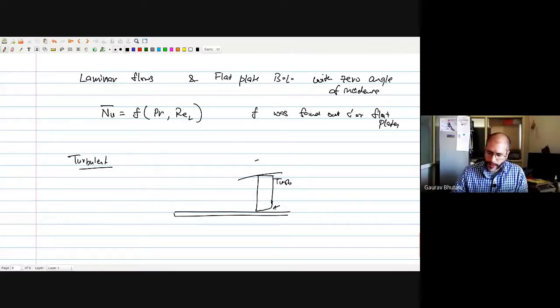What we see is that because of all that mixing, we get very sharp gradients here, both in velocity and in temperature. So the rate of heat transfer increases a lot as the flow becomes turbulent, and that makes sense because turbulence causes a lot of mixing. So we tend to get a very high rate of heat transfer out of the plate into the fluid.